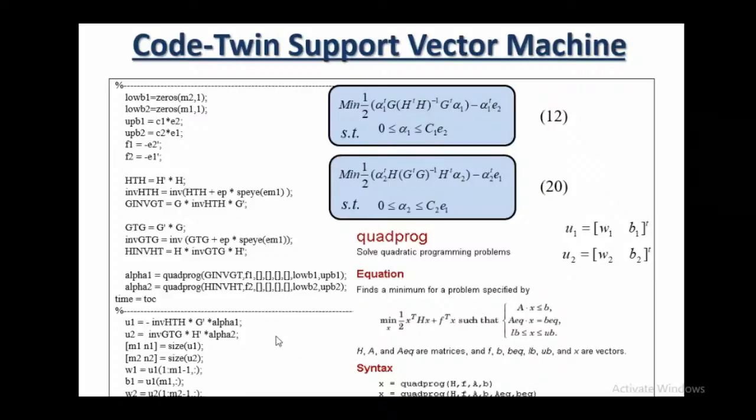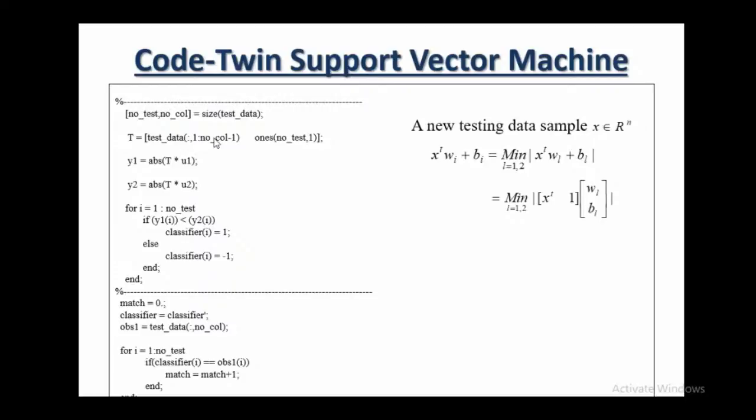In that case, what you will do is just pass this test sample. You just write T is equal to test data, whatever the test data is, you just set it, and there's a bunch of them, maybe T number of testing samples. Okay, so you just compute this by y1 and y2.